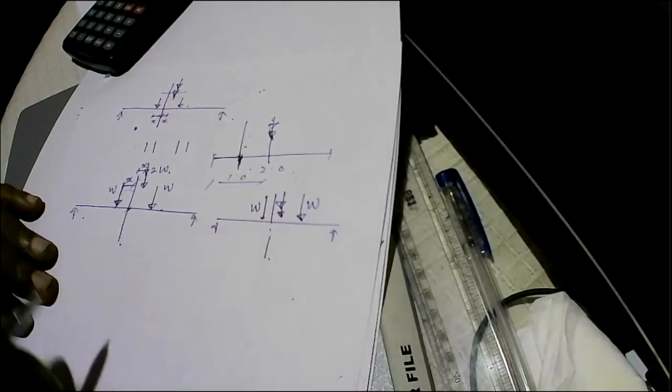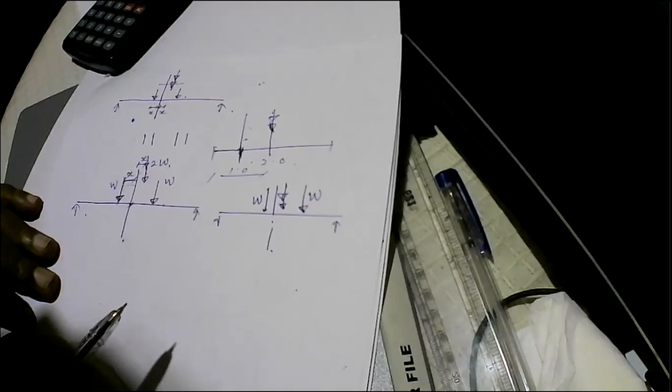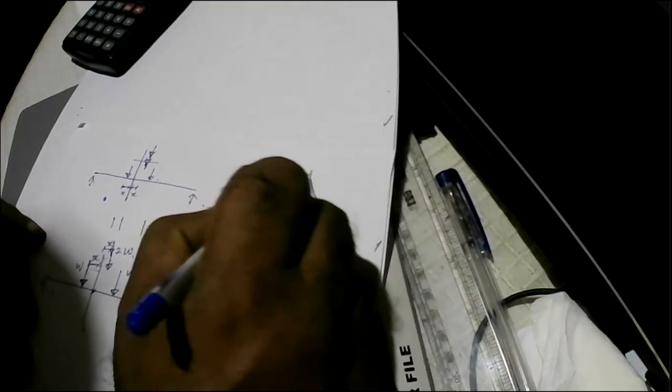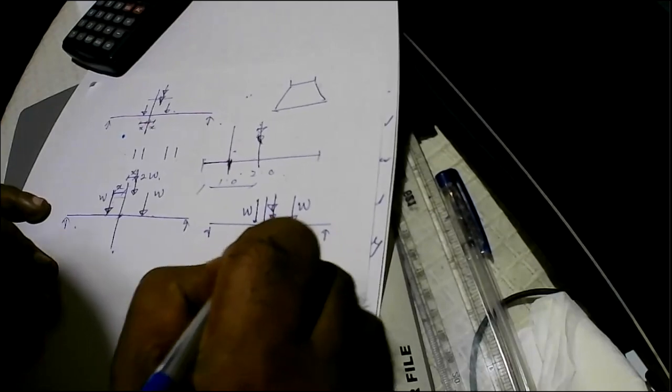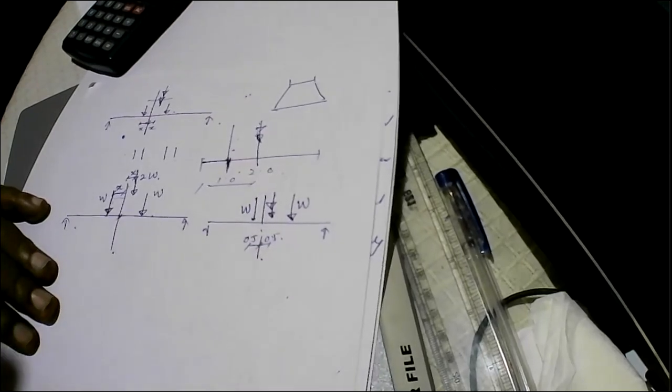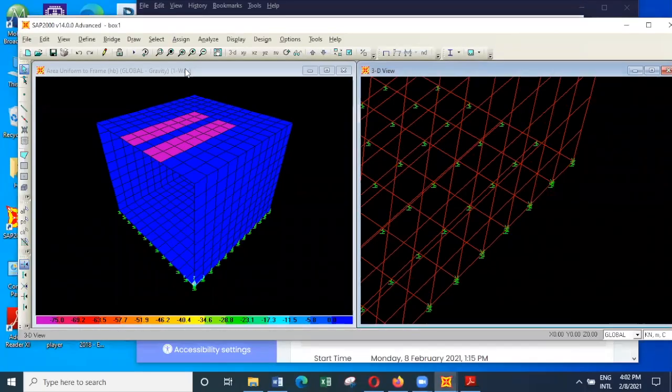So which means I have this loading. I considered that the distance between two loads is 2 meters, and I also considered that this load will be dispersed over 1 meter. Although it disperses more than 1 meter, I consider it as 1 meter. So I have considered 0.5 meters here, 0.5 meters here. So if you look at the model, you will see that I have applied the load in such a way that now, if you look at the plan view,